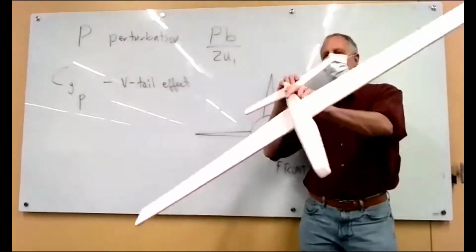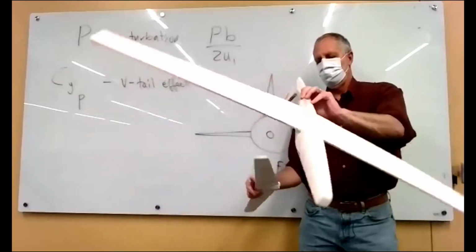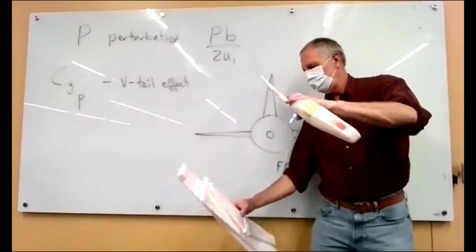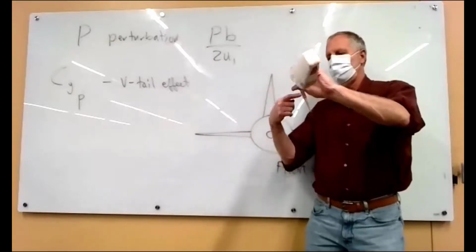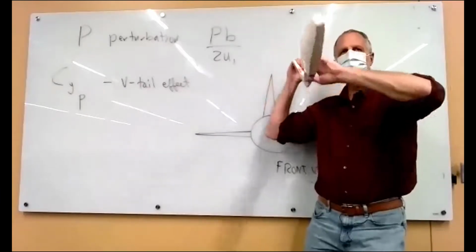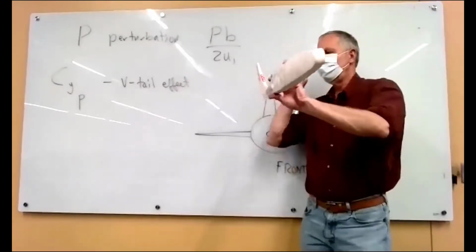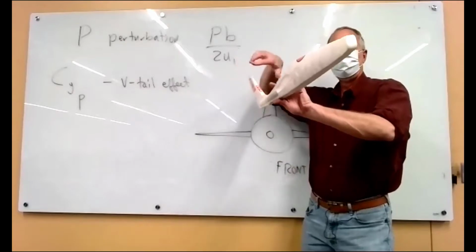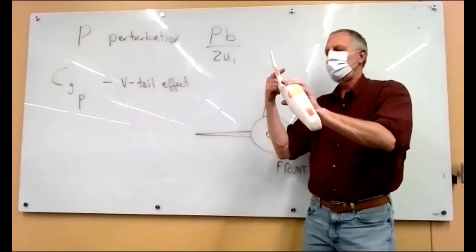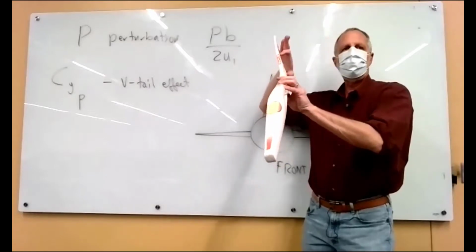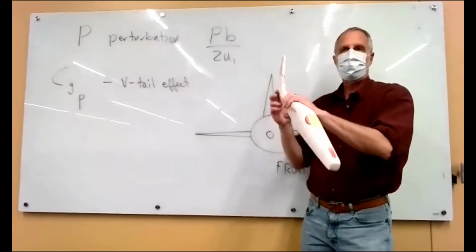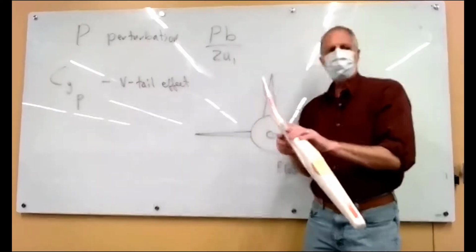Same deal with the horizontal tail, but with the vertical tail, it's rolling around so that there's a relative wind that's going to be hitting it this way. Because it's still flying forward, but as it rolls, it's going to generate a side force in that direction because of the roll rate. And that side force is going to be dependent upon how far up the aerodynamic center is and how fast it's rolling. Make sense? So we get a side force